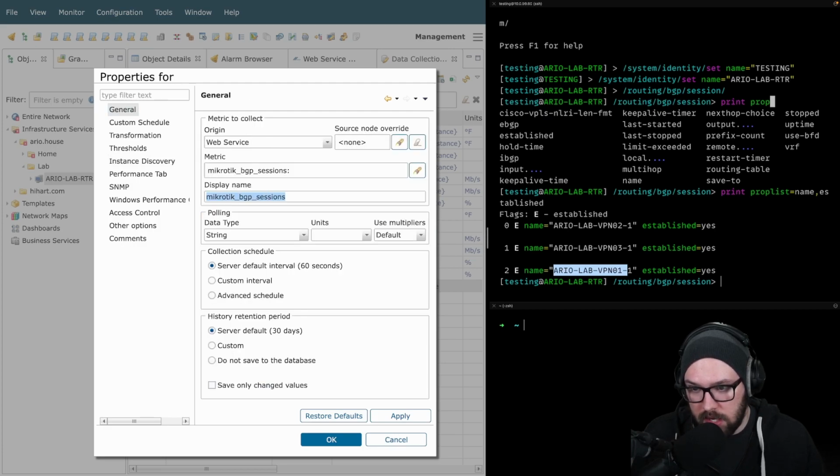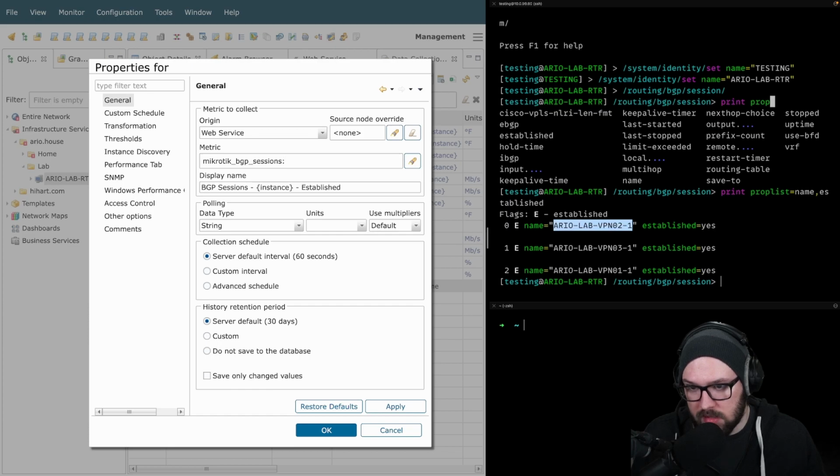So maybe on the name that I want, I might call this BGP sessions dash, and then I can say instance here, which will be populated with the string of the peer name. And then I might want to put established here because that's what we're monitoring. So now the tricky bit here is I don't need this instance here because I want to monitor like the